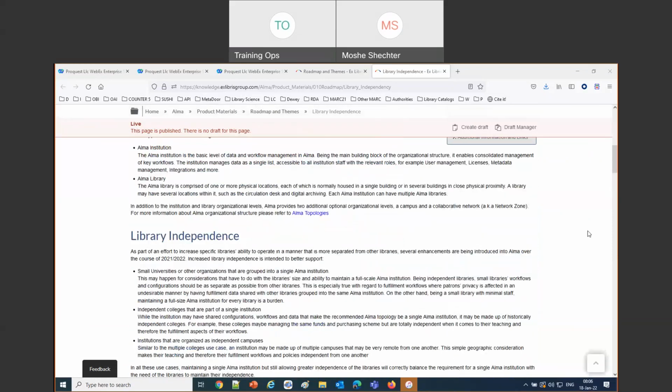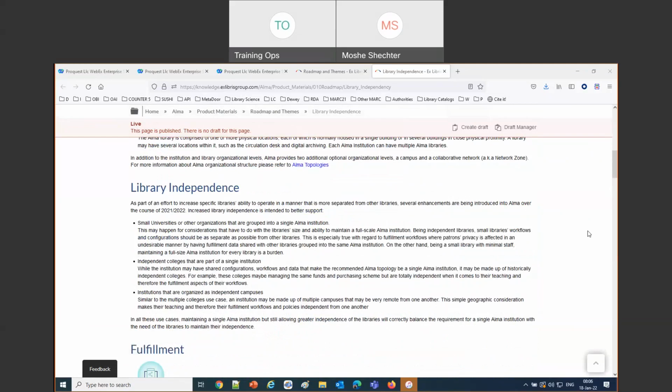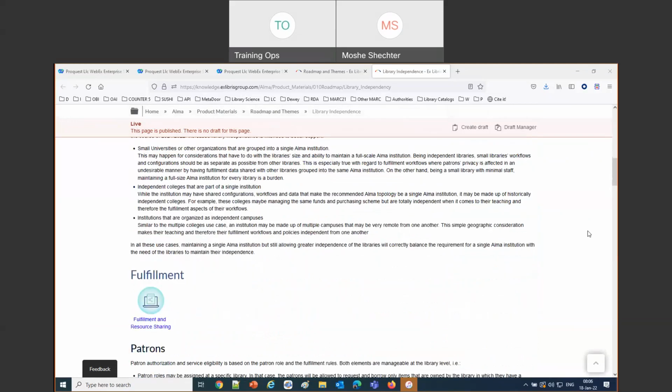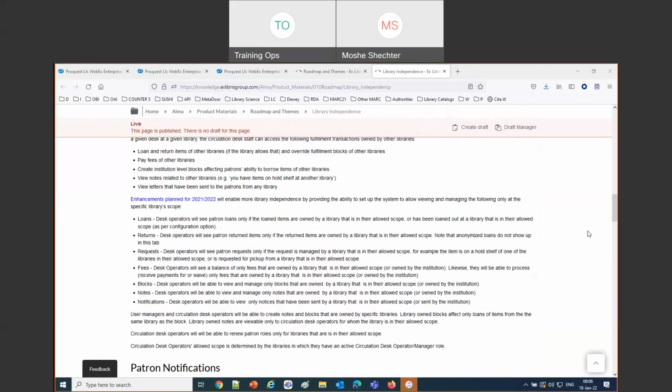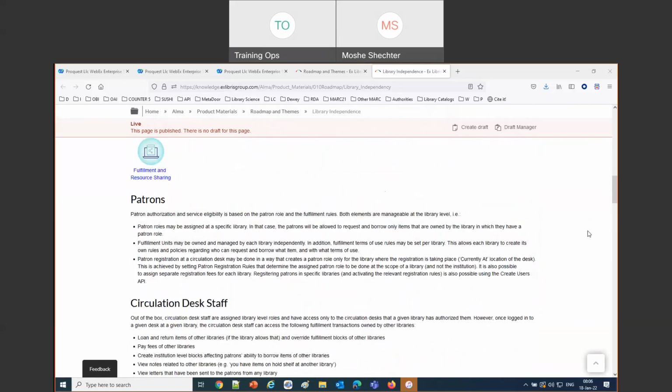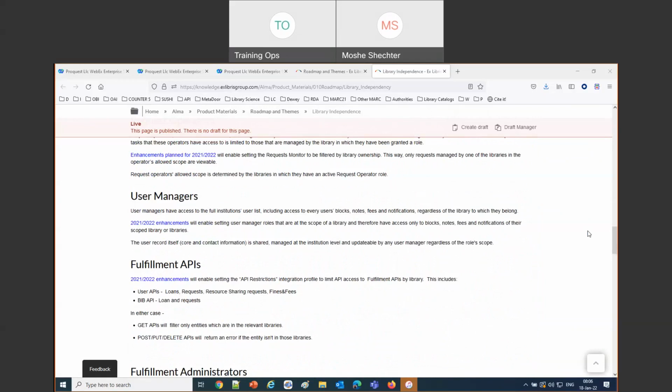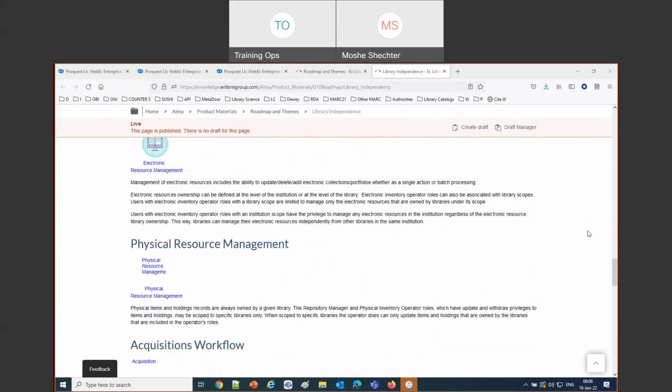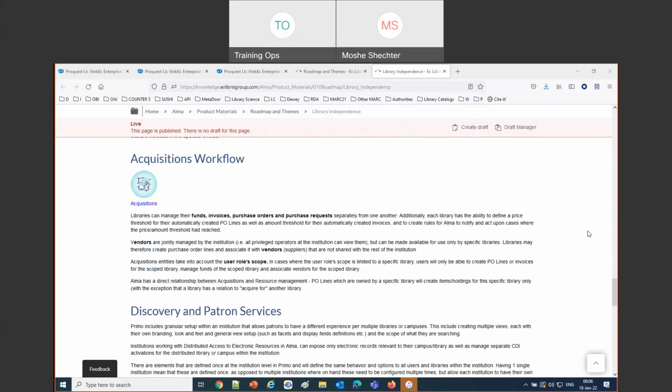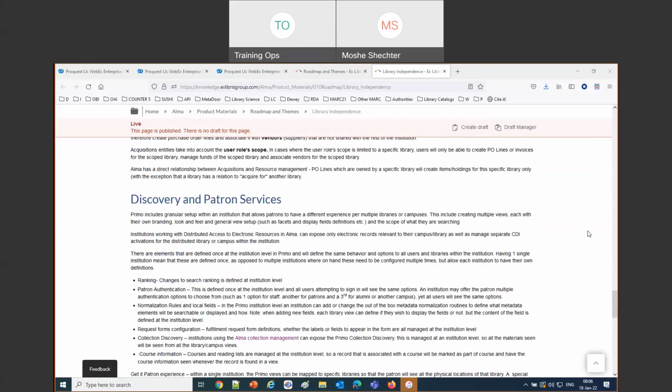We're going to see that with logos. We'll see that with letters. We'll see it with loans, returns, circulation desks, etc. We're not going to be able to cover everything on this page today. We're going to be covering it in order of what appears here. Some things listed here are not necessarily 2022 developments. However, because they do represent library independence, they are included here. But without further ado, let's jump in.